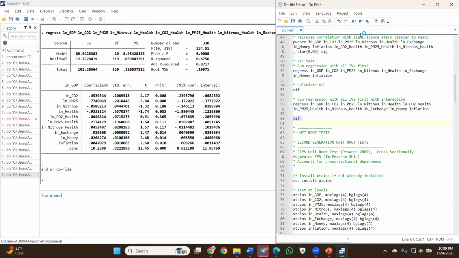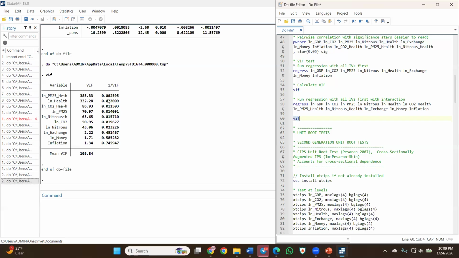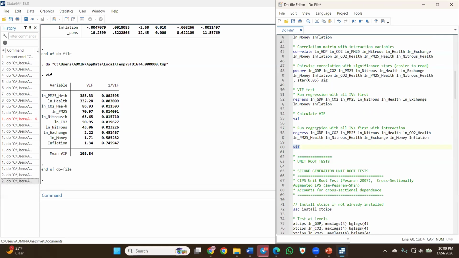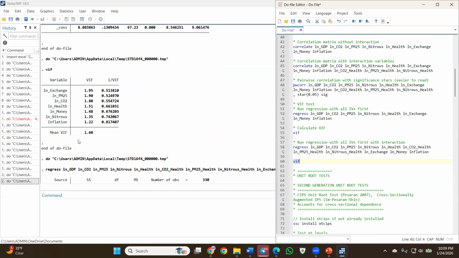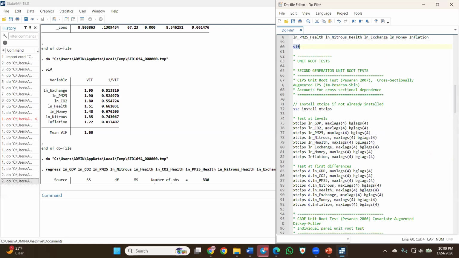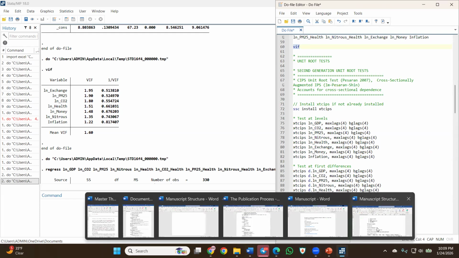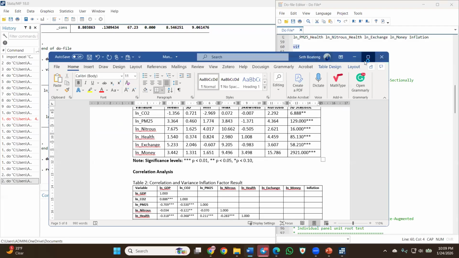Like this one, we're having high values because of the interactions I added. So without the interaction, we had a good collinearity. We don't have any issue with collinearity. And then looking at our work,